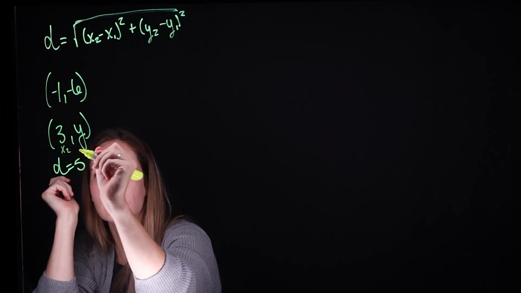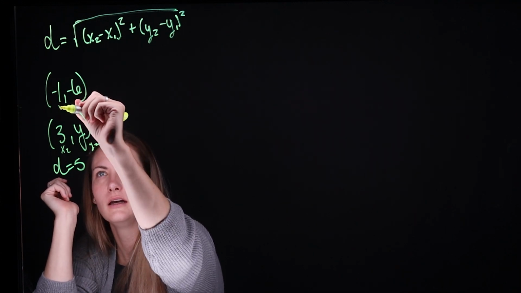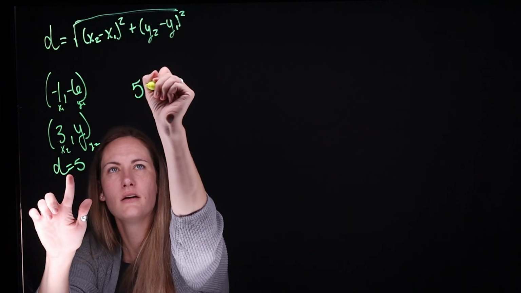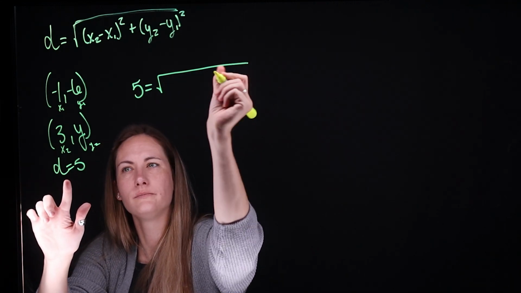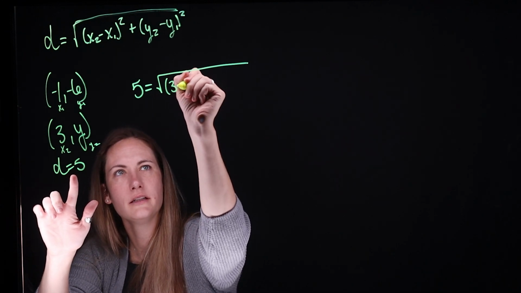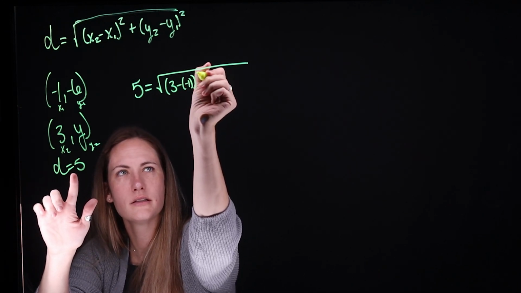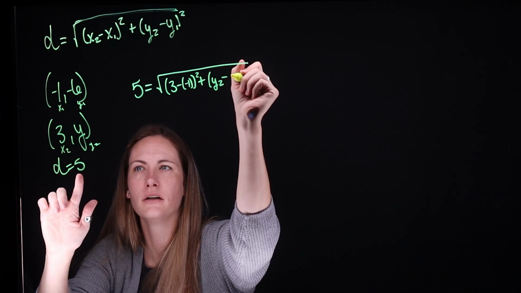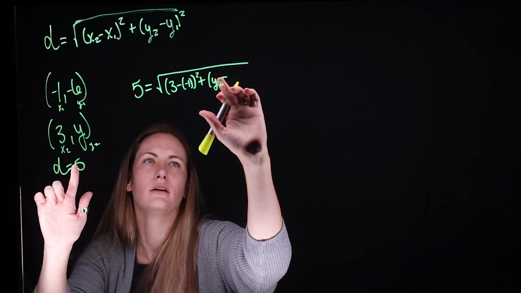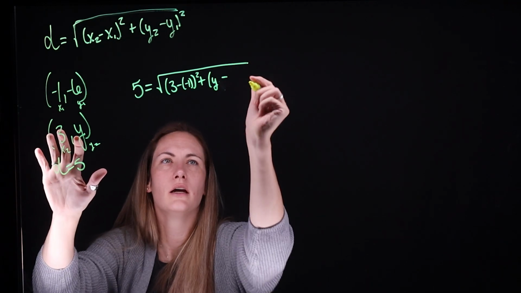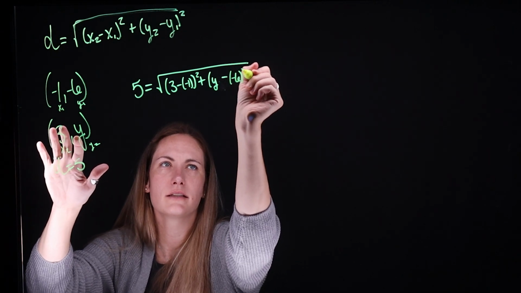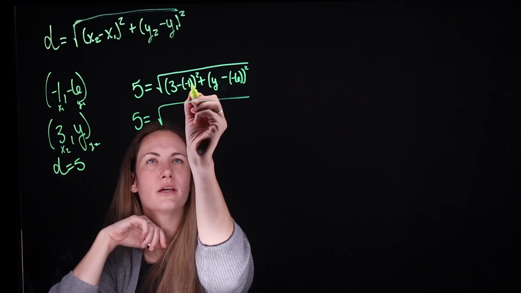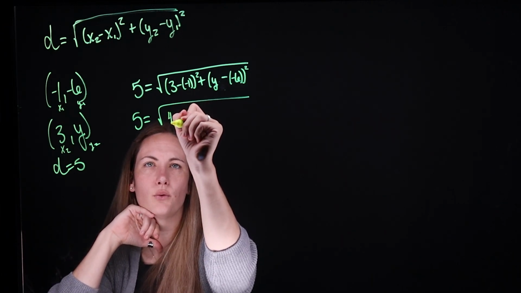We'd have x2, y2, x1, y1, and this is D. So let's set it up. 5 equals the square root of (3 subtract -1) squared plus (y subtract -6) squared. I don't need to put the 2 here, it's just y. So 5 equals the square root of, this would be 3 plus 1, so 4